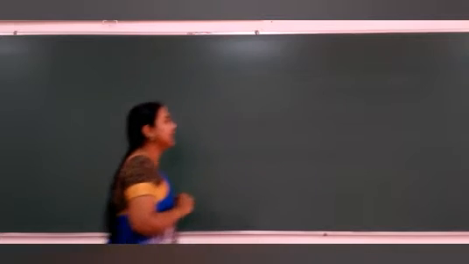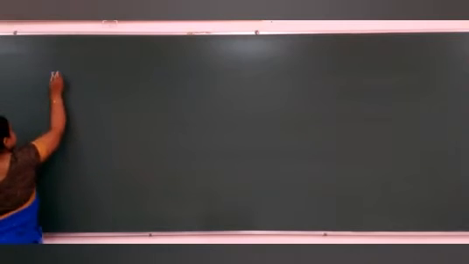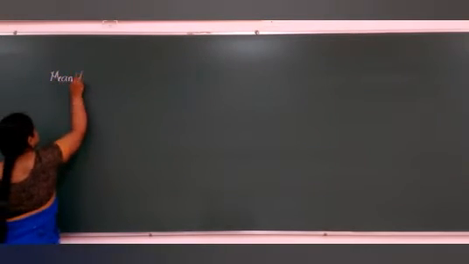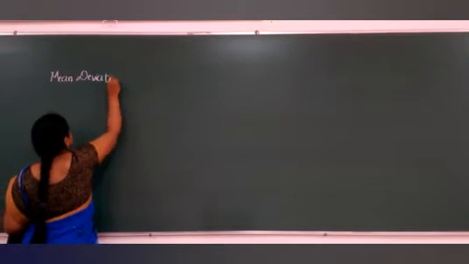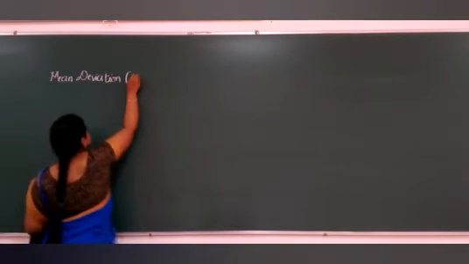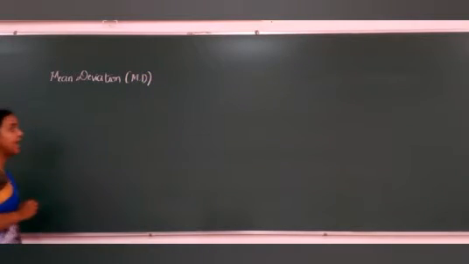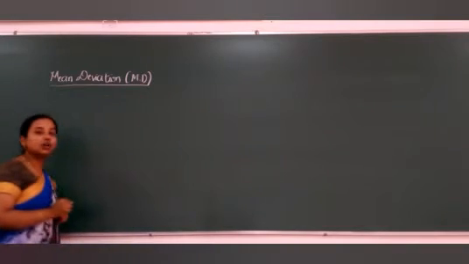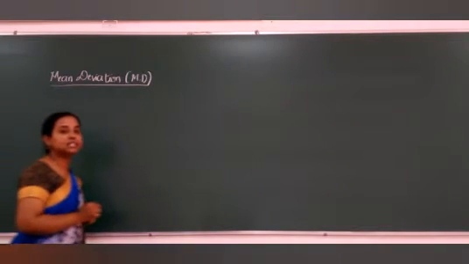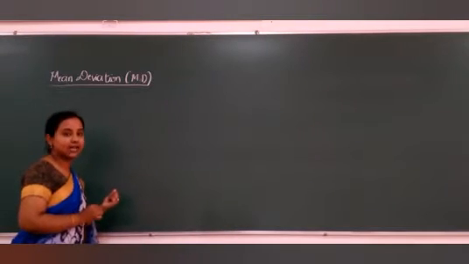So before going to that, once again let us recall what is mean deviation. Okay, so mean deviation, and this mean deviation it is denoted by M and D. So generally how is mean deviation denoted? MD. Okay, so now here mean deviation, as already I have said you, always the name itself expresses what we are going to understand, right?